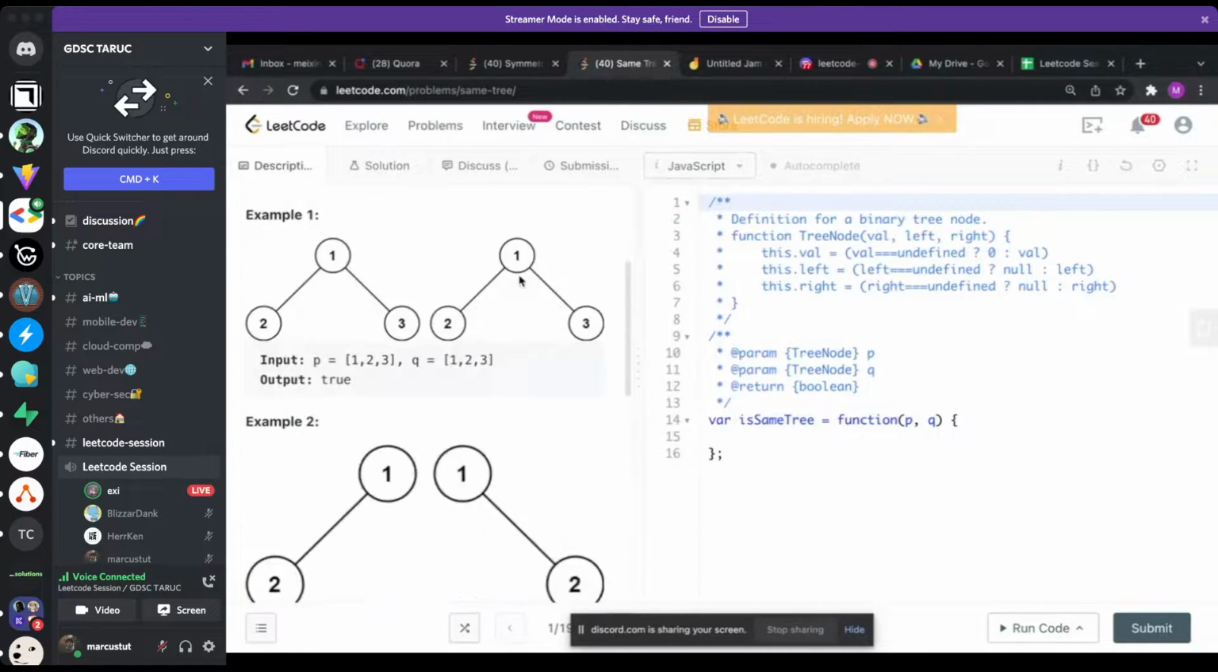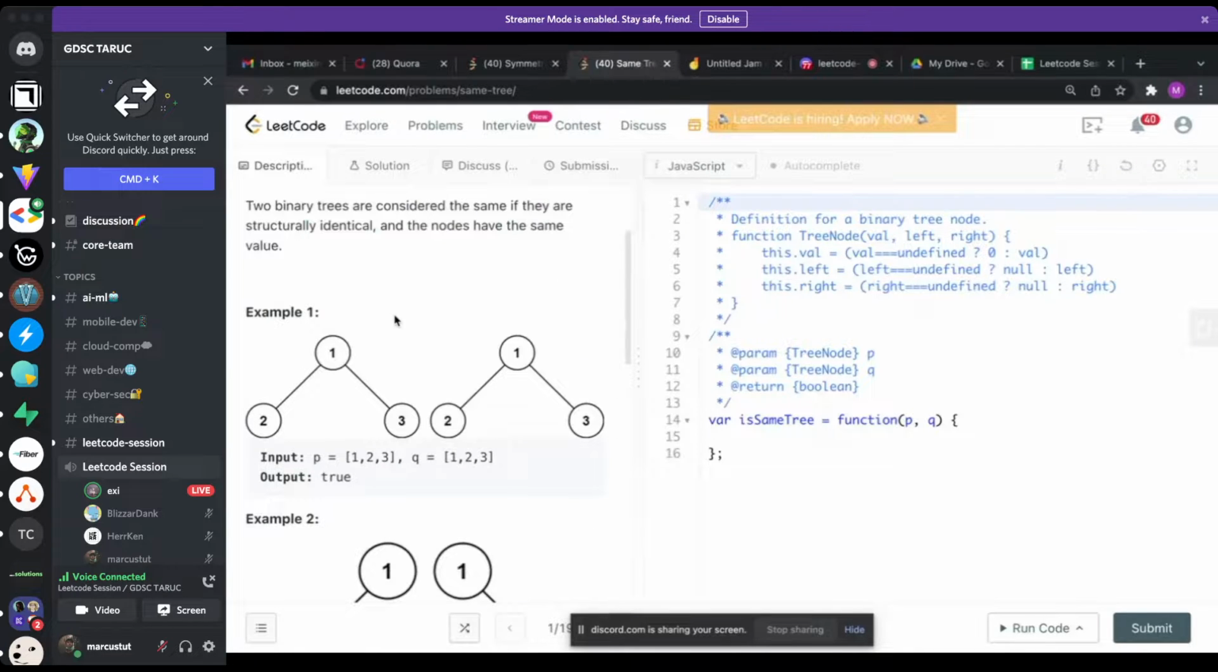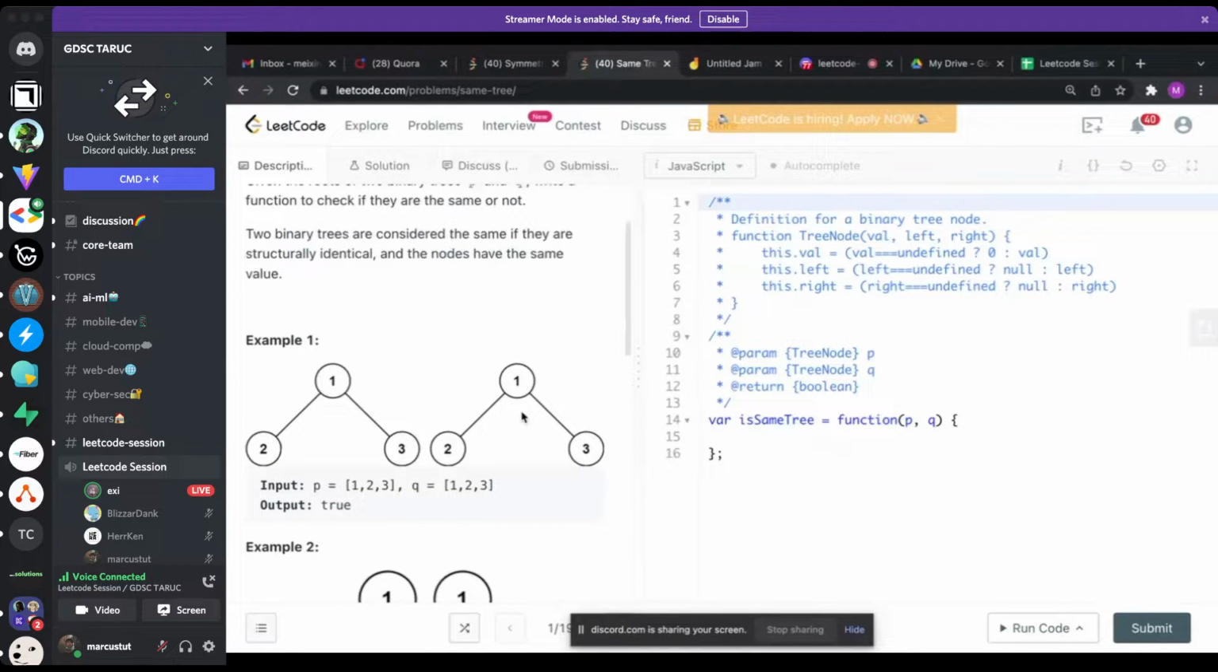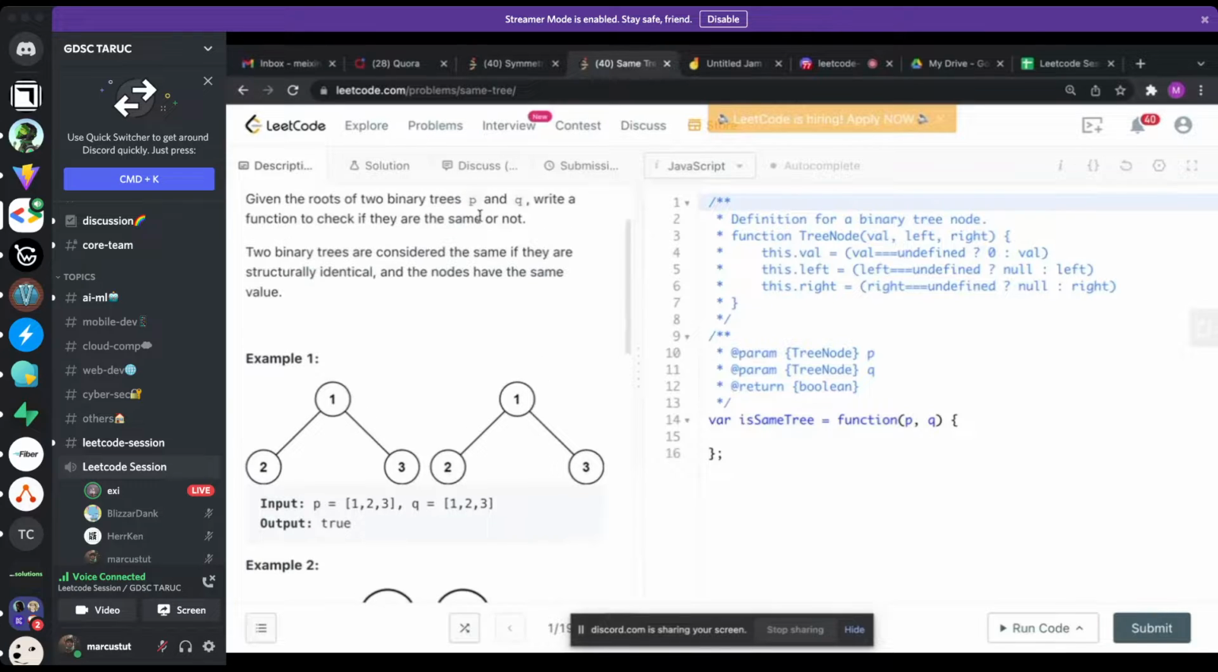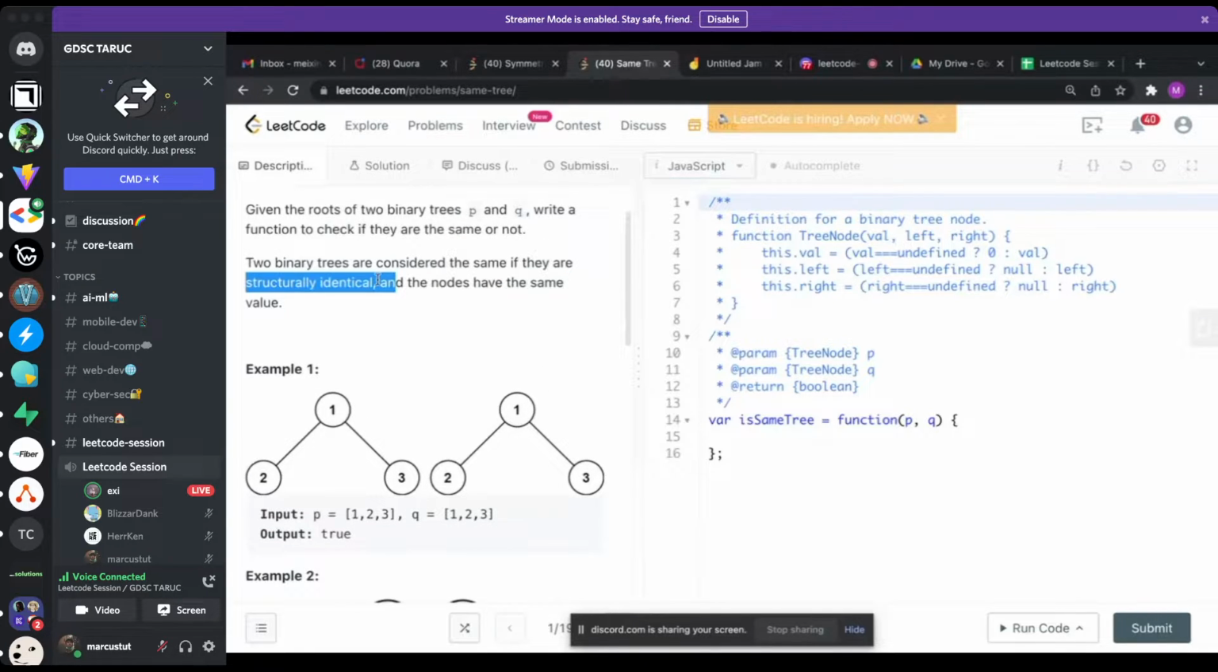Right, same tree. So basically, I'm given the root of two trees, and they are structurally identical. What does it mean by structurally identical? Meaning that the node structures are the same. If there's one in the middle and one to the left, one to the right, there will be another one that is the same structure. But we don't know if the values of the nodes are the same. So we have to return true or false depending on whether the trees are completely the same, which is like the value is the same, right? Okay, so what we can do,